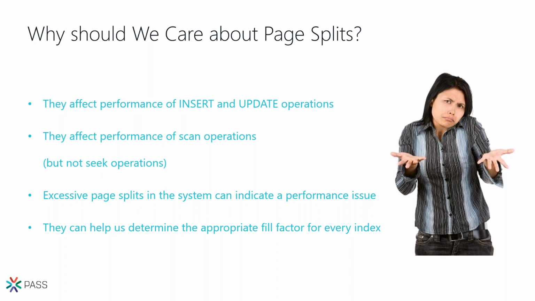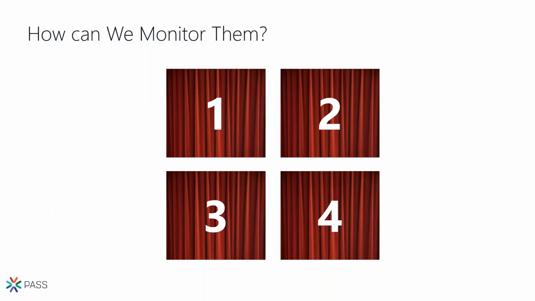There are some calculations, monitoring, and planning that you need to do in order to determine the best fill factor value. Most systems, most organizations either don't do it at all. They maybe don't even know about the existence of the fill factor property. In many cases, I see DBAs just use a magic number like 80% for all indexes. But actually, the best way would be to determine the best value for each index, because different indexes require different fill factor values. So this is why we should care about them.